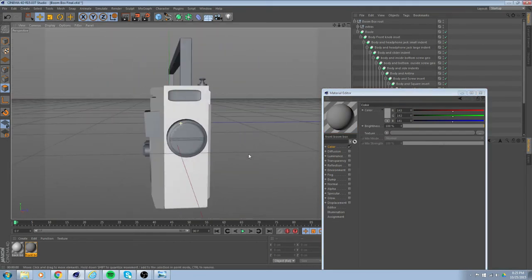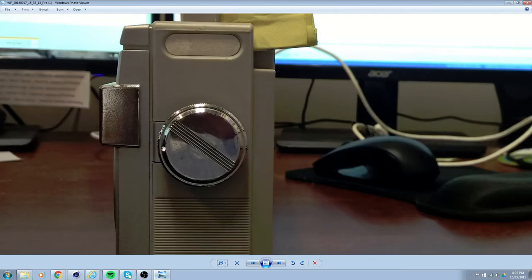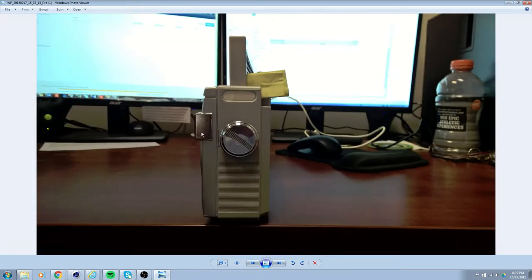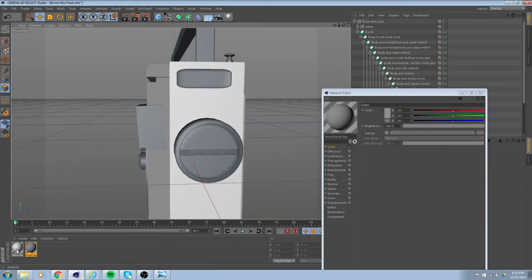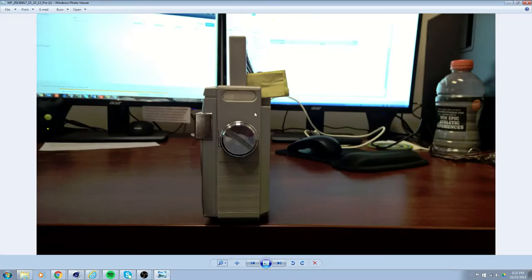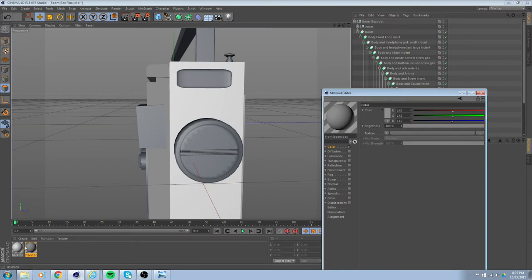So that's a little bit closer to what we have here. It could be that these pictures, because of the light sources that I was having, were getting these colors muddled a little bit too. But it is like this color, and this is more what the color itself is, because it is a lighter gray, but it does have some pigment to it. So I think once we go ahead and edit the back color,